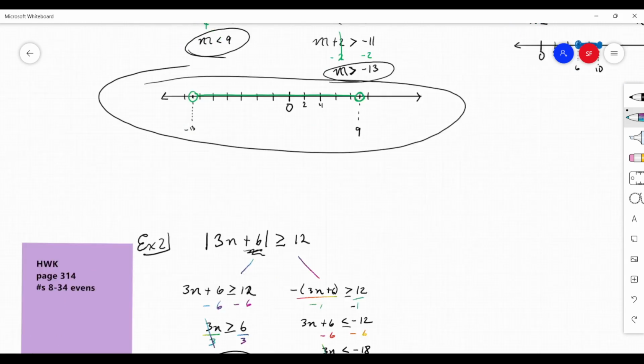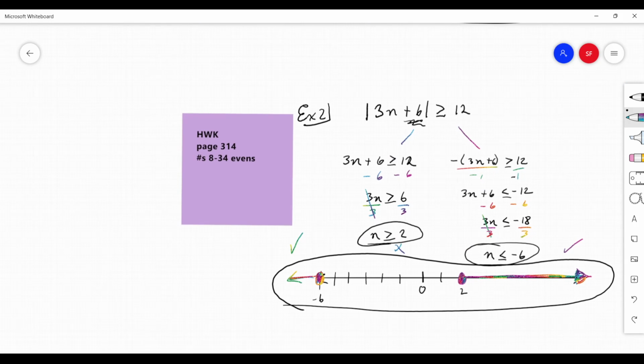So, let's go over the homework. Number 8 is